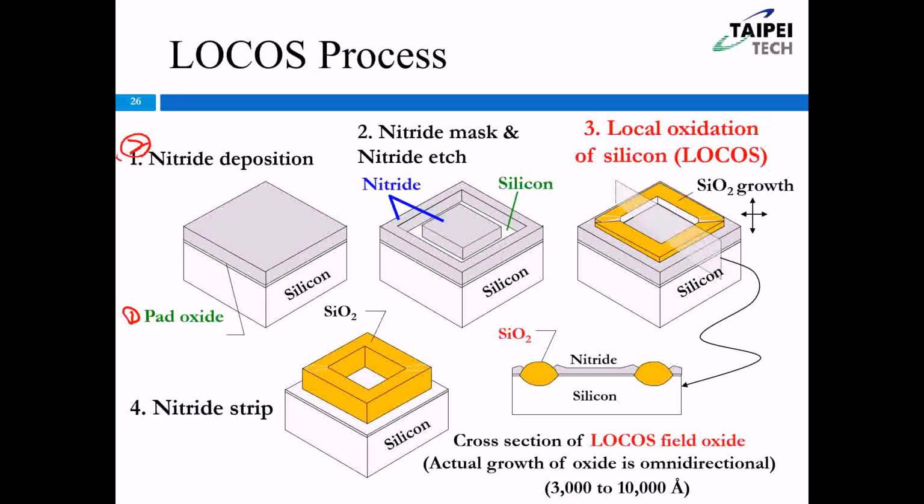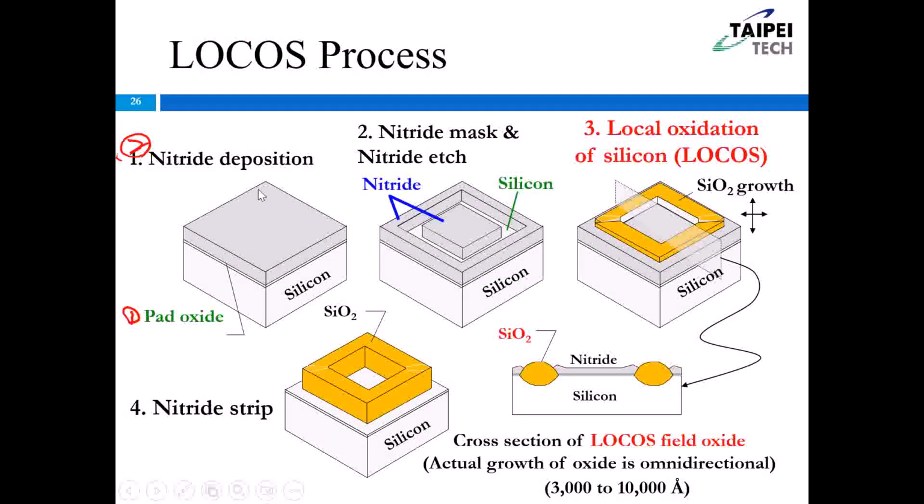So we grow the first layer, a pure oxide, in order to relieve the stress induced by nitride. We need to grow pure oxide before the nitride deposition. Nitride 直接长在 silicon 上面会产生一些残留应力或热应力，所以我们中间一定要长一层 oxide 薄的 oxide 去释放这个应力，避免一些缺陷在 silicon wafer 表面产生。